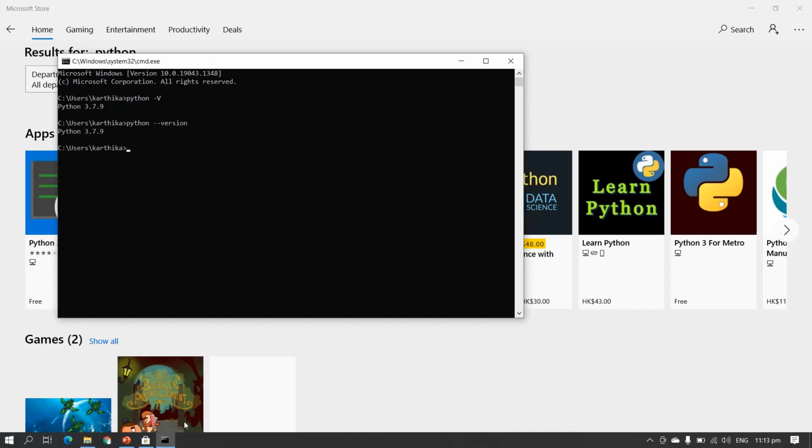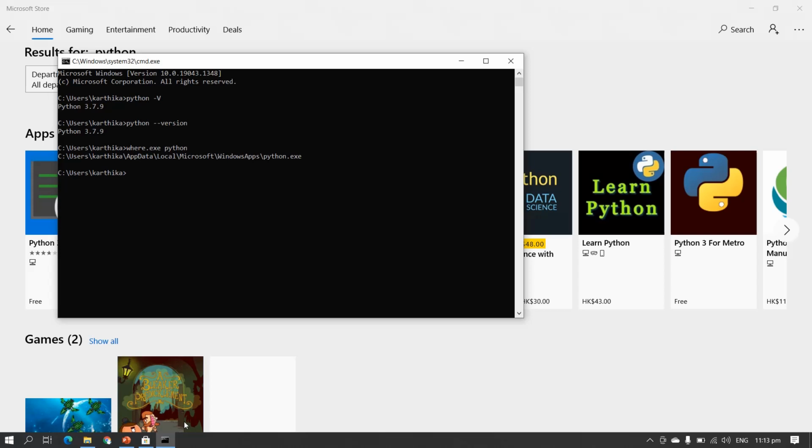If you want to see the exact location where it is installed on your machine, use where.exe python, and it returns the exact location.